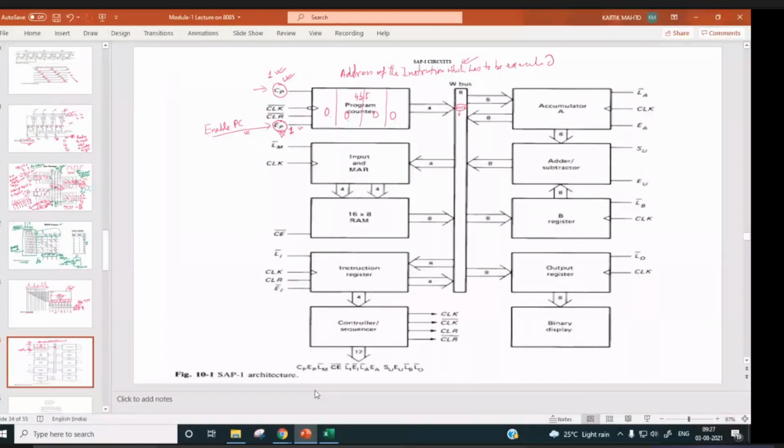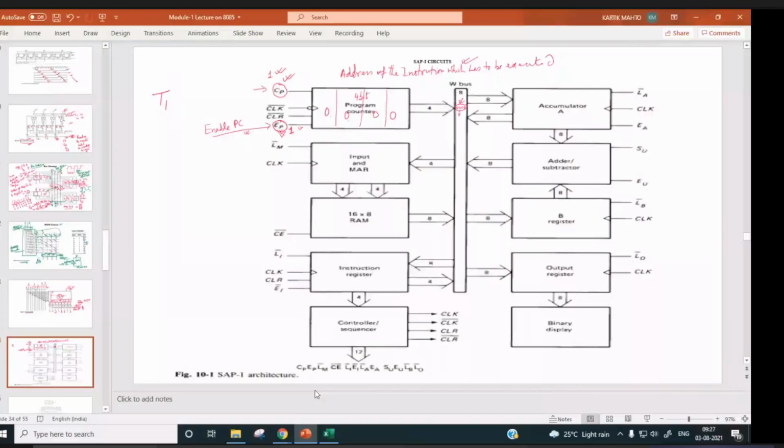So this has to be done during T1. During T1, the program counter has to be outed. So this is outed. Now this is the address of the instruction which has to be executed.